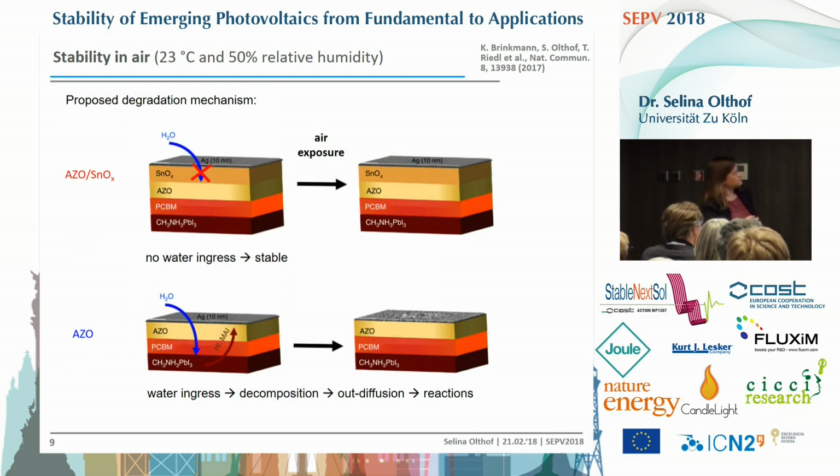And so what we think is happening here, if we have this double layer, it's really a dense film. The water cannot ingress into the sample, so it cannot reach the perovskite down here, and so the sample, even if you expose it to air, remains intact. But if you only have this azo layer, as I said, it's a sol-gel process, so we have some remaining holes in there. Water can get through, can reach the perovskite film, and it dissociates the perovskite, and some